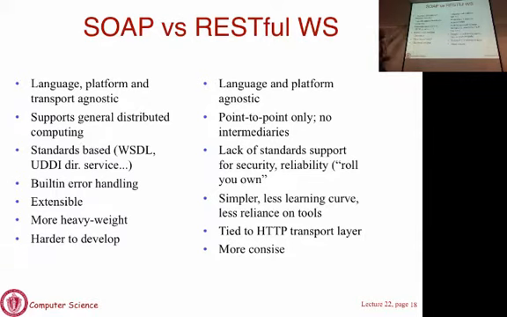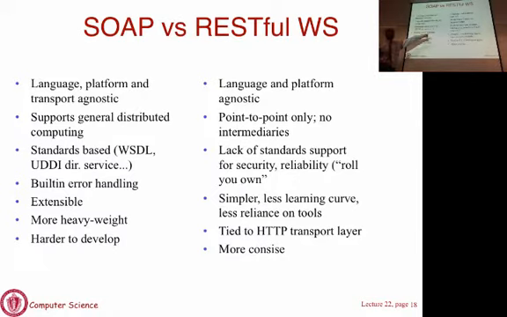So it is made for more general distributed computing. It's not point to point, with no intermediaries, like one client and one server. Here, there may be n servers that keep processing part of the request and send back a response. There are lots of standards here: an interface definition language, a way to construct stuff, lots of tools available. RESTful web services don't have any specific standards. There are well accepted ways to write web services, but it's not standardized. You can write them in the language of your choice, Python, Rails, and many other languages.